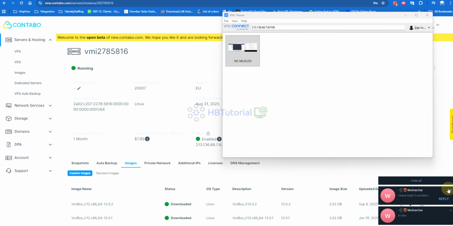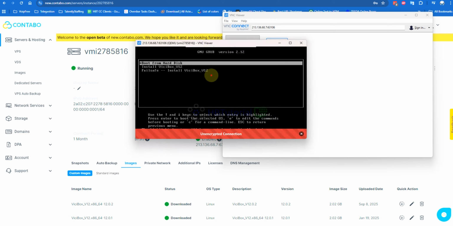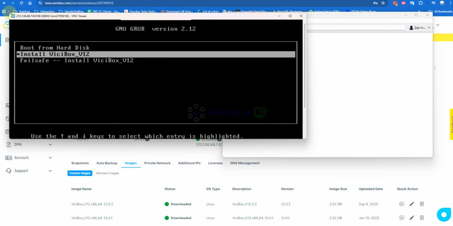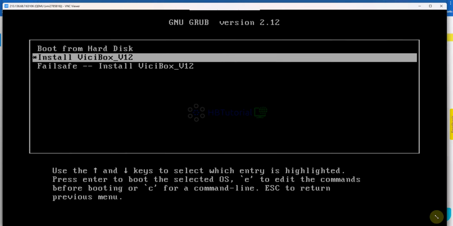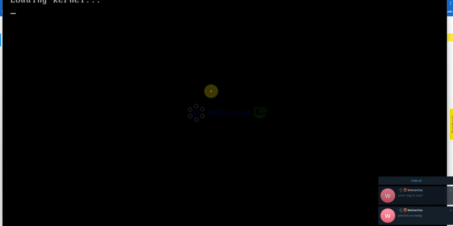Okay, you see now, and use arrow up and down. This is our portal now on the VNC. Okay, and click install VCBox 12.